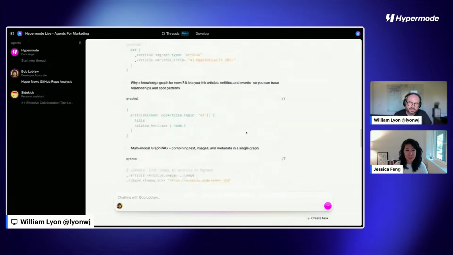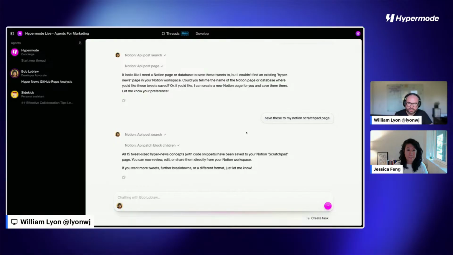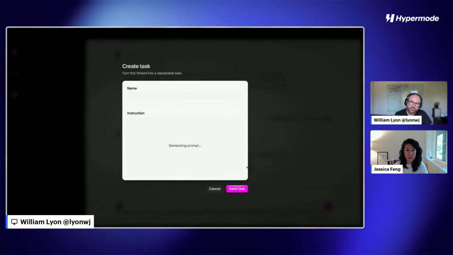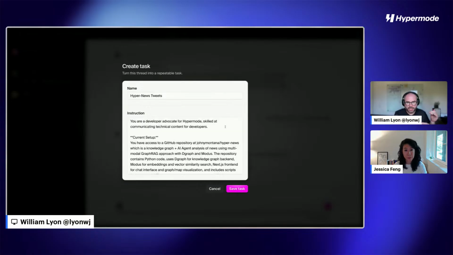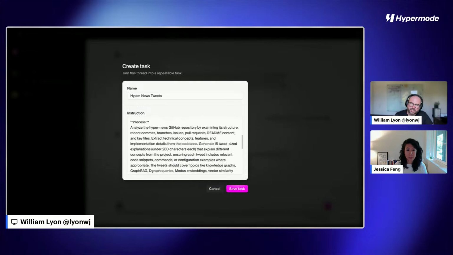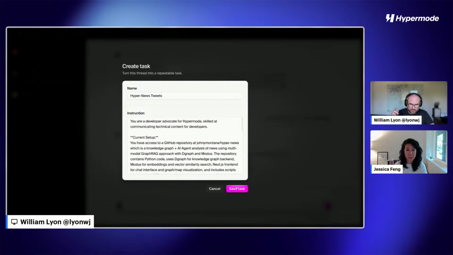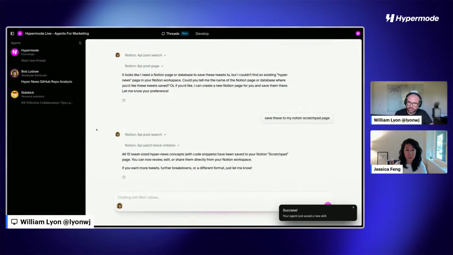We had to kind of teach our agent intern what we wanted it to do. And so we have this concept of a task in Hypermode agents that for a given thread, if we click create task, we'll go through and look at the conversation, look at the thread, and turn this into a repeatable task that will then save to our agent, so we can then invoke that. And so the agent now has this task, and once we save it, as kind of like a learned skill,